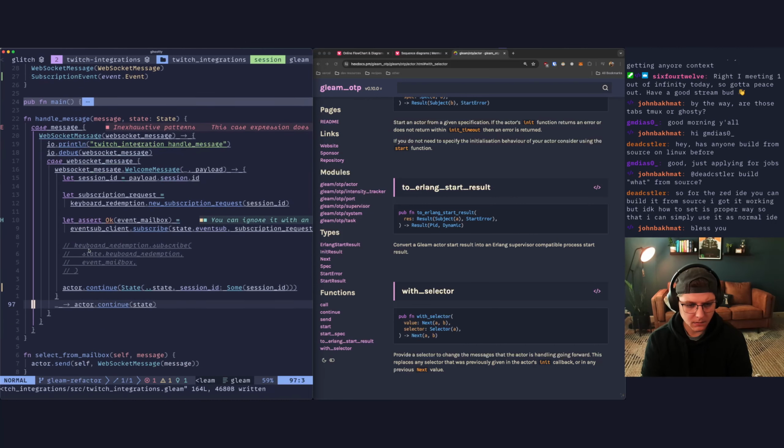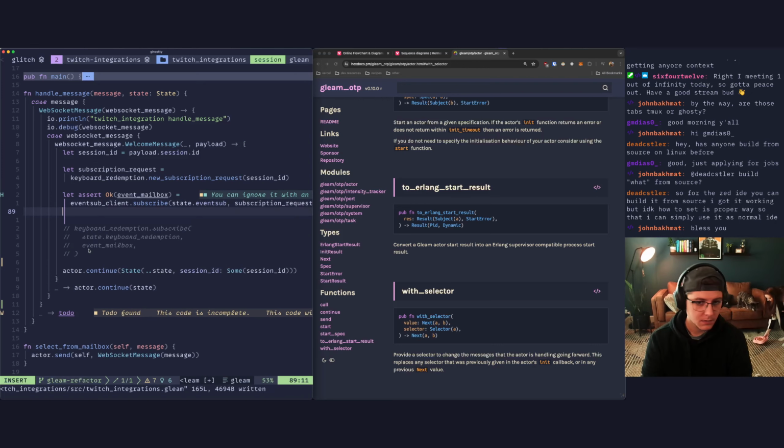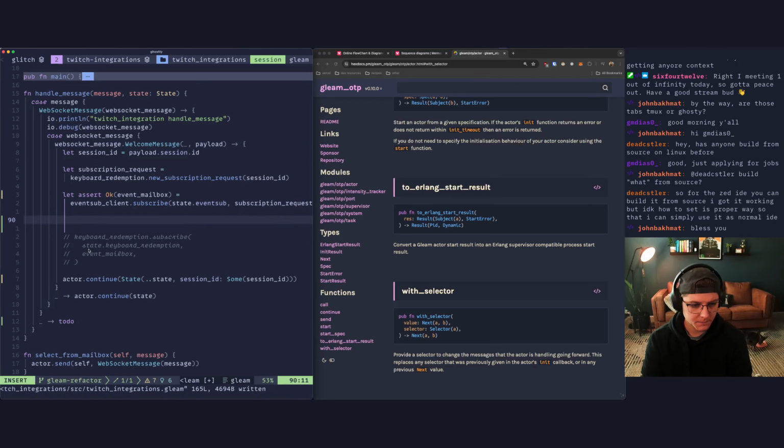So down here, we're just gonna add a case where we do to do. And now we have this event mailbox.